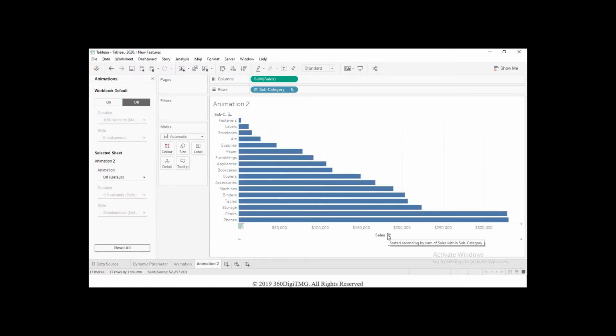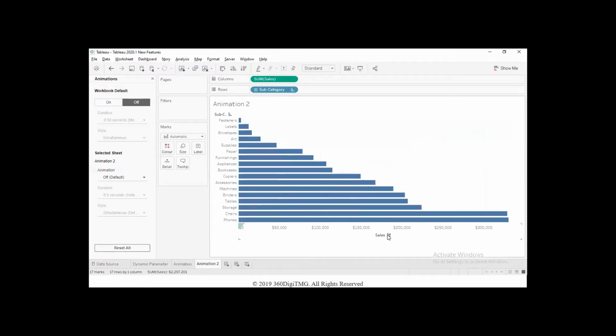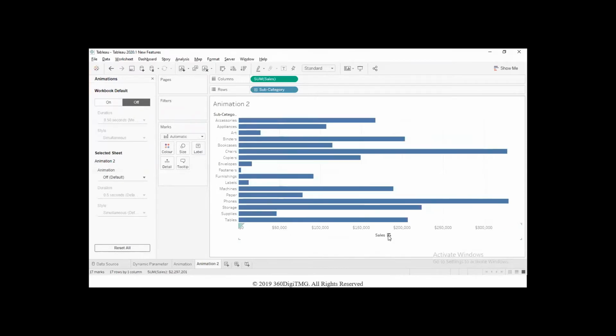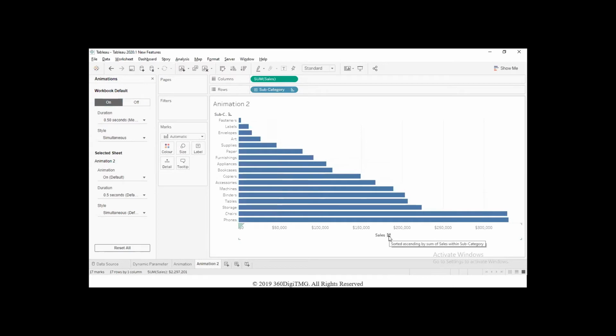So look at how the bars are transitioning without animation. The data is unsorted. First click, we know that the data gets sorted in descending order. Second click, the data gets sorted in ascending order. Third click takes the data back to the unsorted view. So immediately we are getting the view that we are looking for. However, if we turn on the animation, you can see the transitioning happening, which is a little smooth.